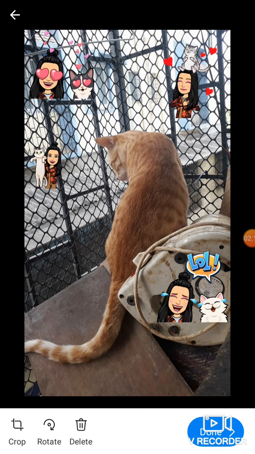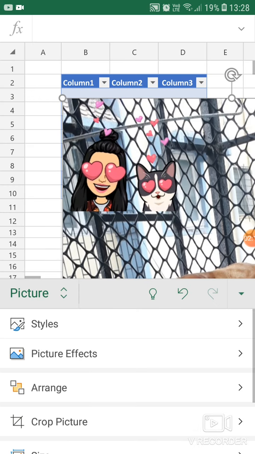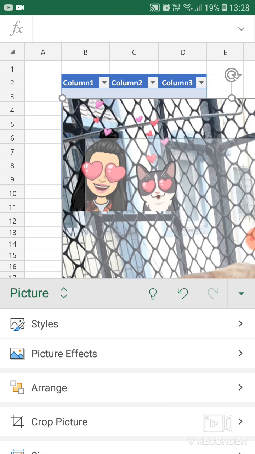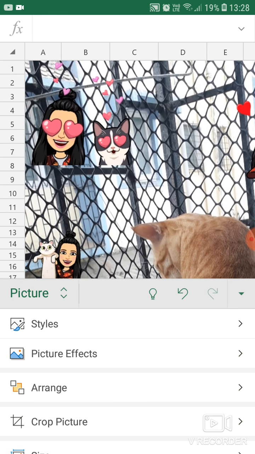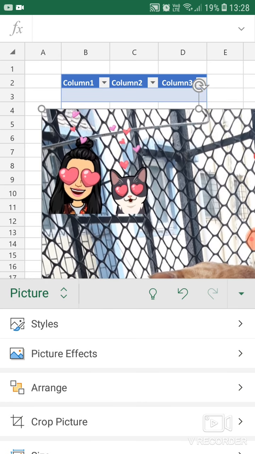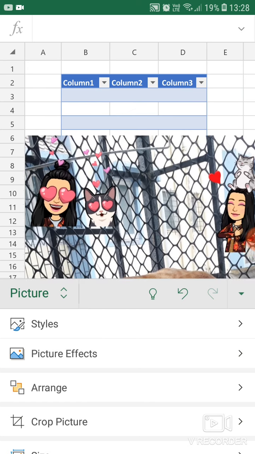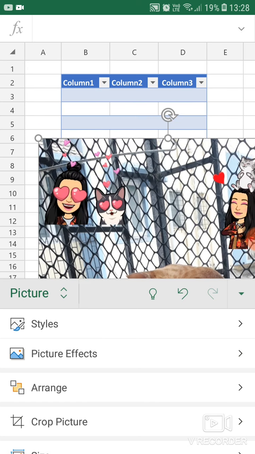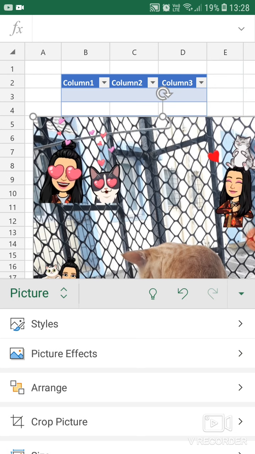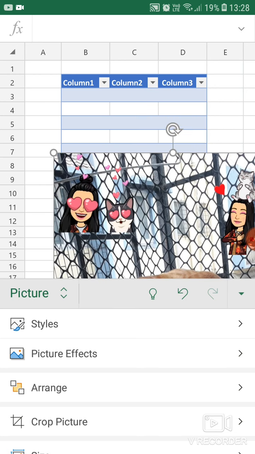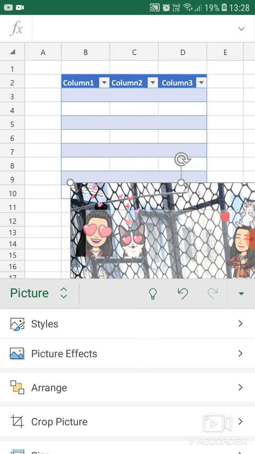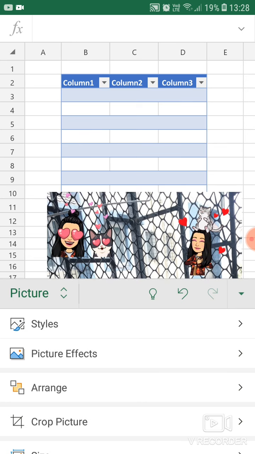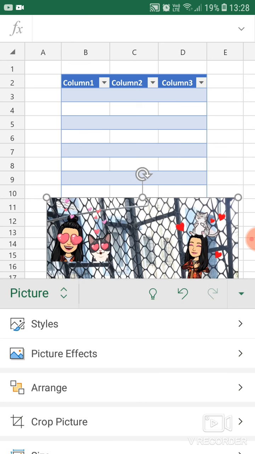I will click this photo and done. See, the photo has come and they are asking you to adjust the size properly. You can do it. I am using a phone, so it is a little bit difficult, but it is easy also. So this is the photo I selected.